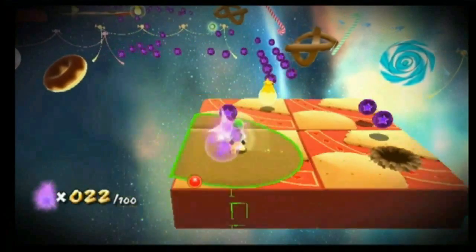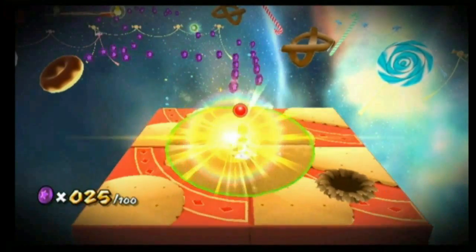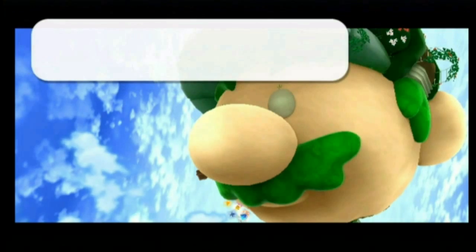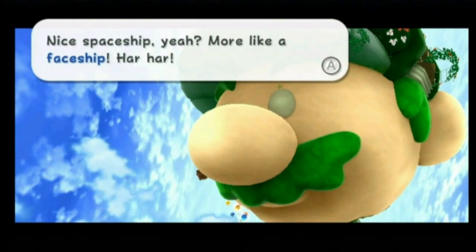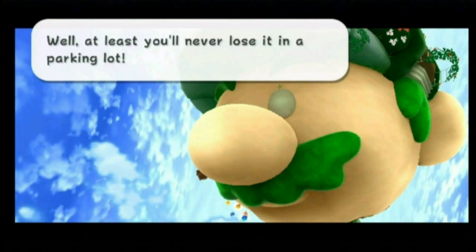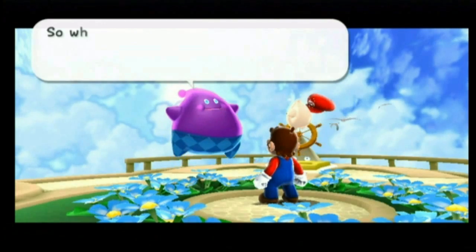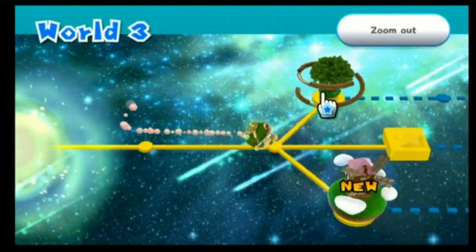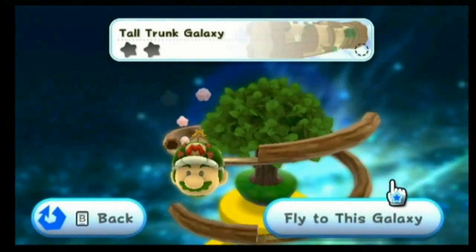There is a grand total of 49 galaxies in the game, with 7 of them in 7 worlds each. Your hub world isn't the common observatory this time around, as you are given a spaceship that resembles Mario, but with green on certain outlines of the face that make it look more like Luigi. Strange. But anyway, this spaceship will help you travel on the world map,